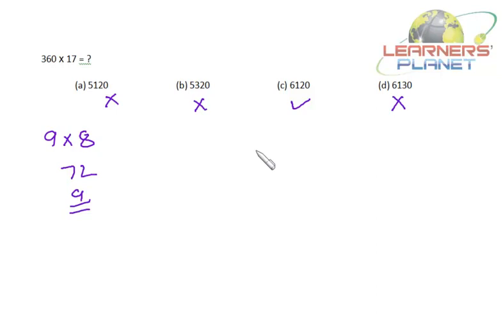So we can do the problems quickly, we can eliminate the options quickly if we are clear about the concept. We'll be applying the same concept while calculating the bigger numbers. As such, these sort of small problems can be done even without paperwork and so on, right? Okay.